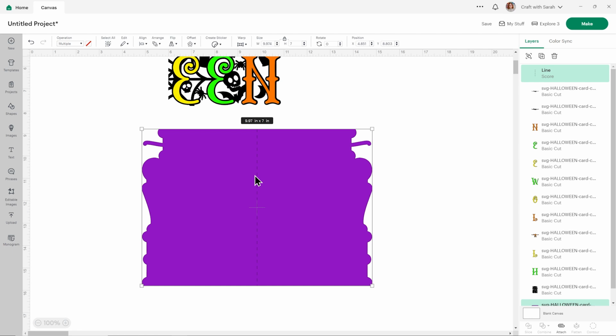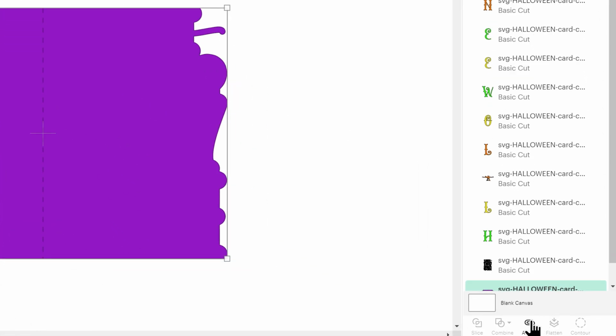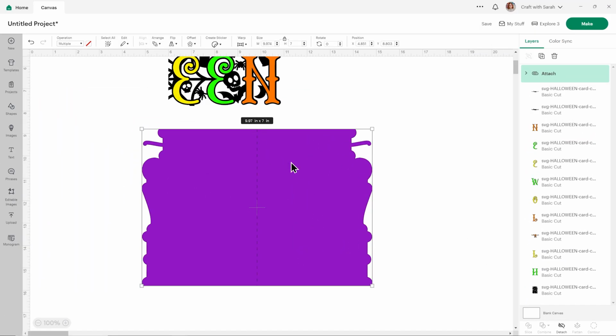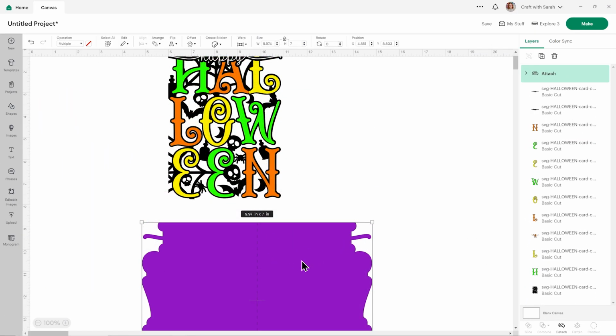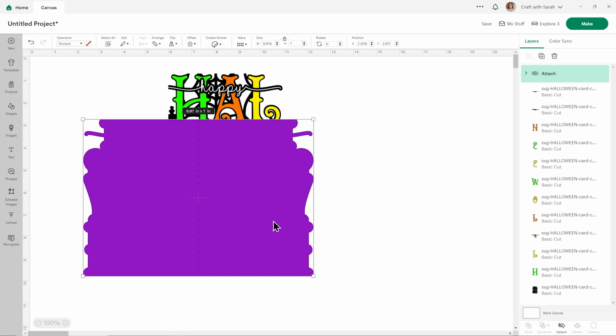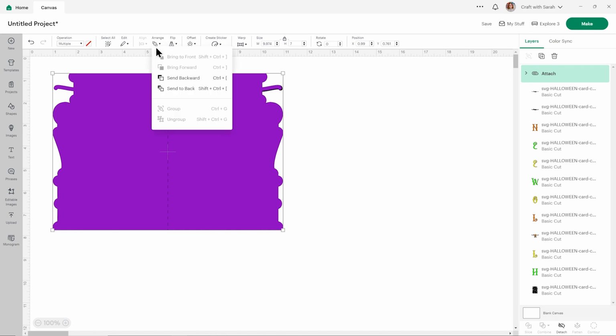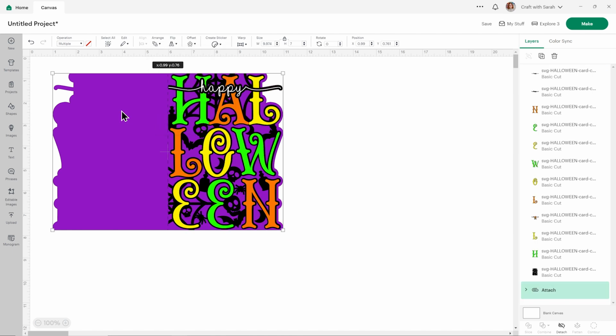We need to tell the Cricut we want it to do the scoring on that purple card. To do that, with both of those layers still selected, press Attach at the bottom of the Layers panel. Attach is what tells the Cricut where to do the score. You can leave it down here if you want to, because it doesn't really matter where things end up, but I like to put it back into place. It's now showing on top of everything else. To move it to the bottom, go Arrange, Center Back, and then there we go, our card is now looking perfect.